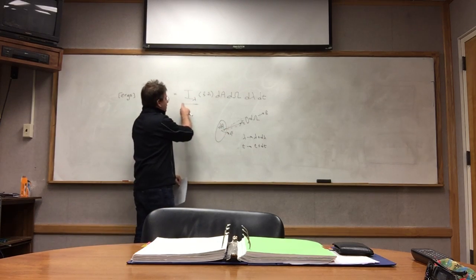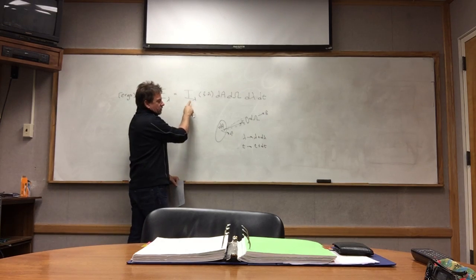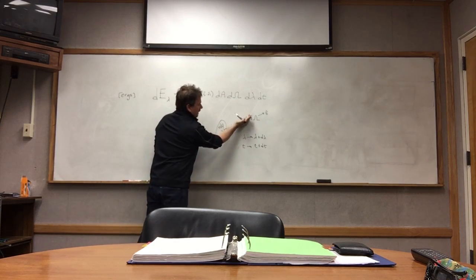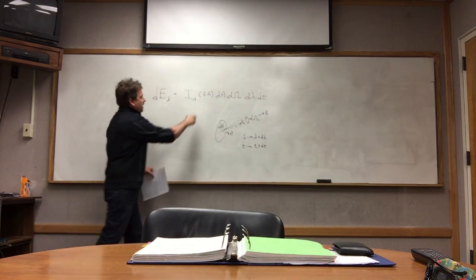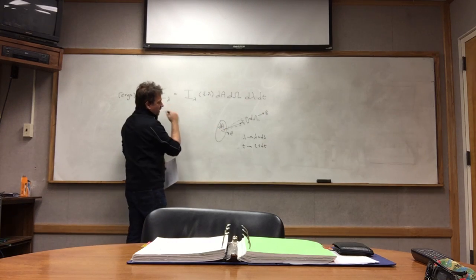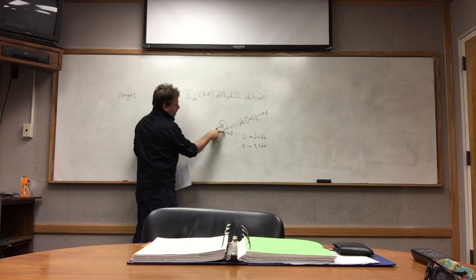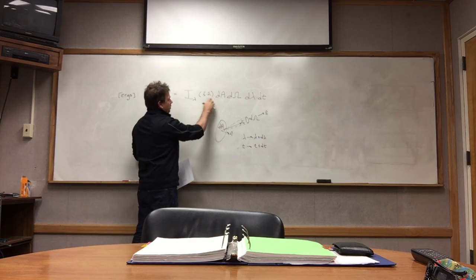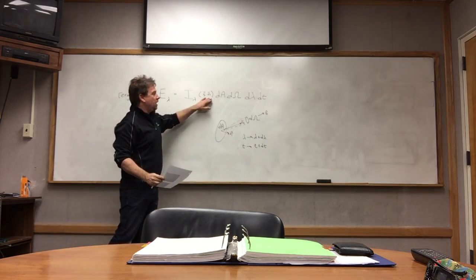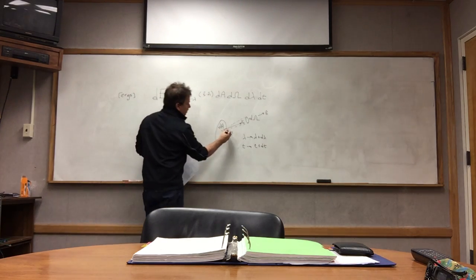So basically, you have this little increment of energy crossing some unit area, in some wavelength band, lambda to lambda plus d lambda, in some time band between t and t plus dt, into some solid angle band, d omega. The S hat is the direction of the photon, and the N hat is the normal to the area that it's passing through. So this is S hat dot N hat,